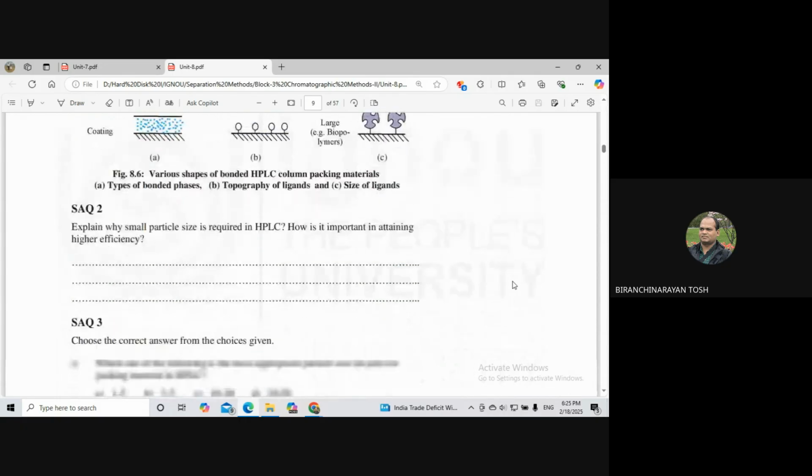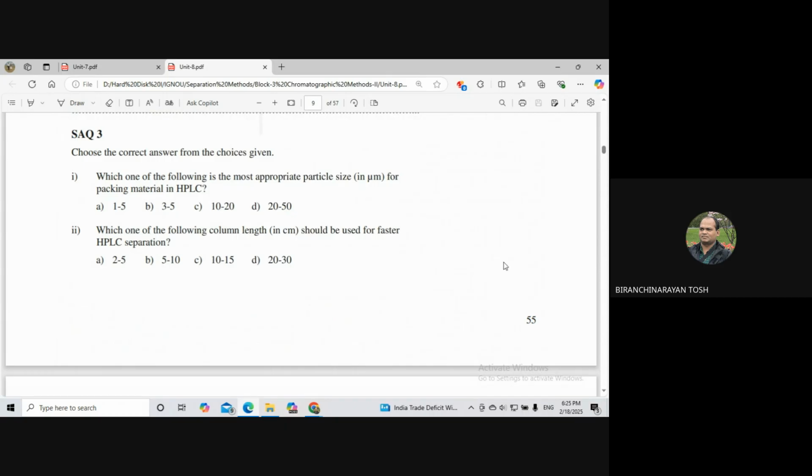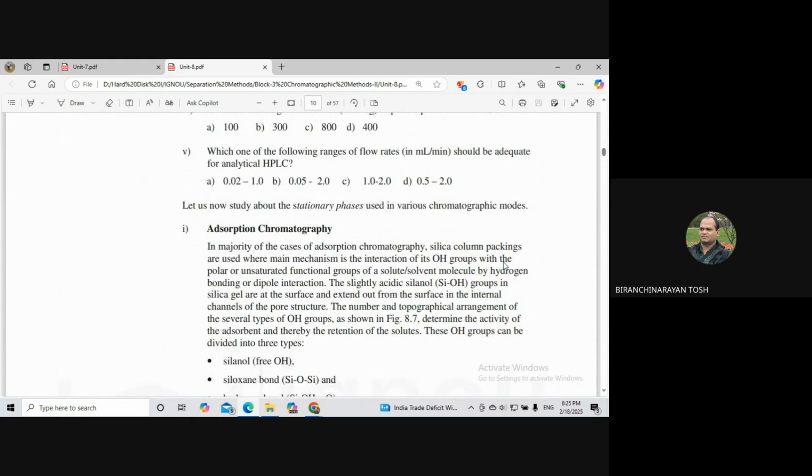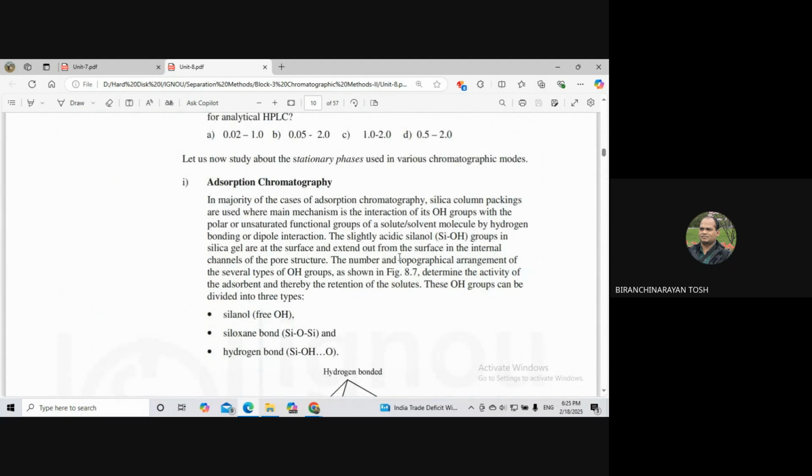So therefore, now let us study the stationary phases used in various chromatographic methods. What are the different stationary phases? As for adsorption chromatography, in the majority of cases of adsorption chromatography, silica is the common packing material